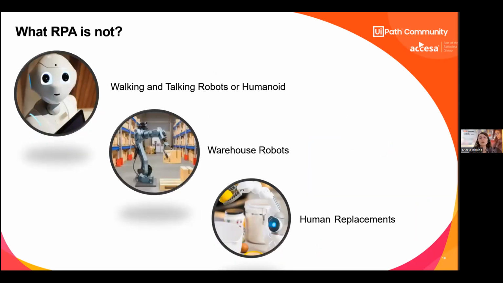A lot of people, when they hear about RPA, think about robots which are able to talk or walk, or even warehouse robots. But on the following slide, I will provide you a clear overview of why RPA is not any of this, but instead a software assistant which gives time back. Basically, it's your own personal assistant, because UiPath has had a lot of focus in the last years on providing you with this experience, to be able as a citizen to develop your own automation, not only as a technical person.